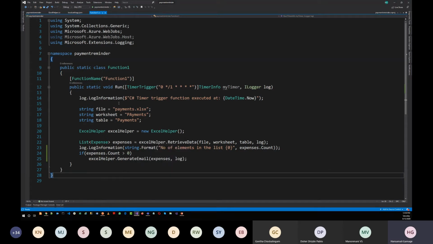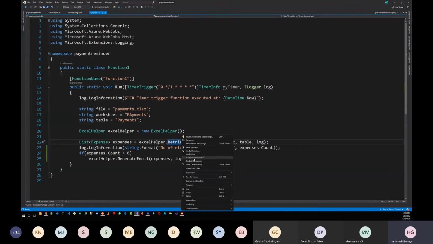Okay, so this is the main entry point for the Azure function. From here, what I want to do is retrieve that Excel sheet. I have written a method here.